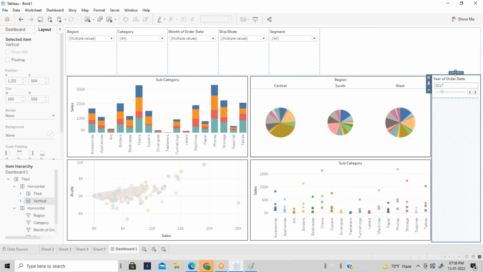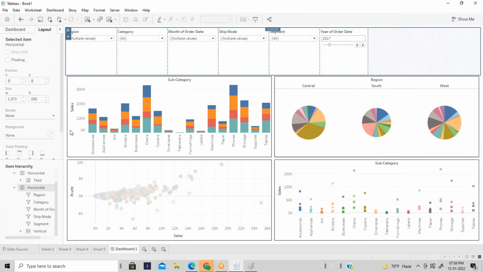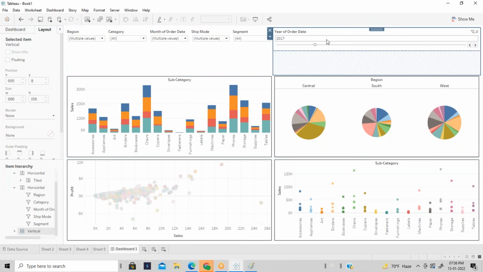Okay, so let's take this as well here. Okay, so then some extra space is there. So go here, horizontal. Oh, something, date is not added.